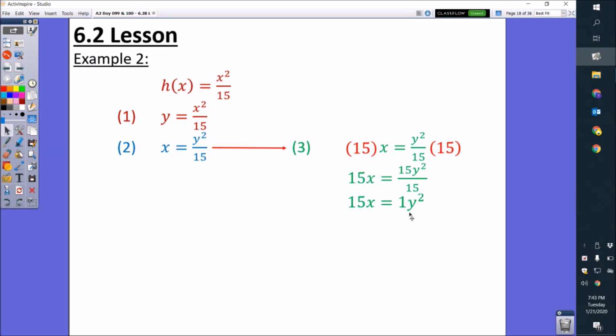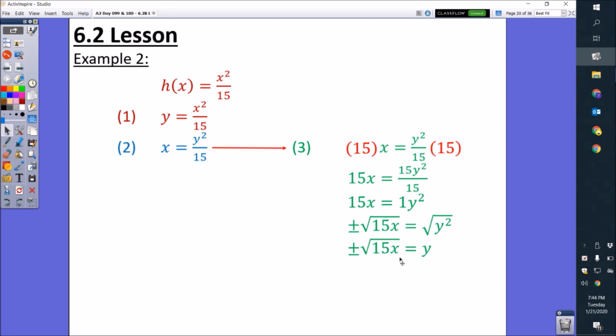So since I got y squared by itself, in order to get rid of the square, I have to do the opposite, which is square root. So I'm going to do the square root of both sides. When I do that, it's going to look like this. On the left side of the equal sign, it will be plus and minus square root of 15x. And on the right side is the square root of y squared. So when I do the square root of y squared, on the right side, it will be simply y. And on the left side, there's nothing I can do to simplify, so it stays the same, plus and minus